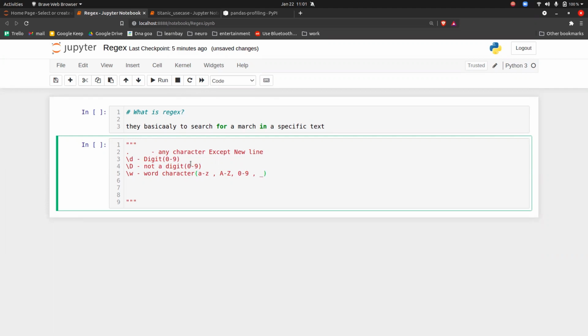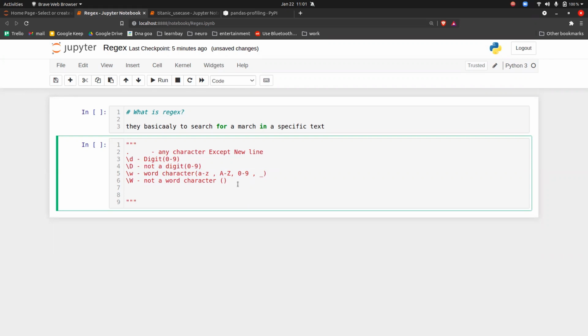Any characters from small a to z, capital A to Z, 0 to 9, underscore, everything will be extracted. Then of course we have the capital version, /W, which is not a word character. So basically anything other than these will be extracted. If you notice, small characters are to extract and capital ones are not to extract that.